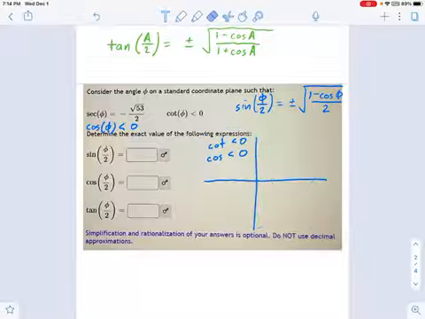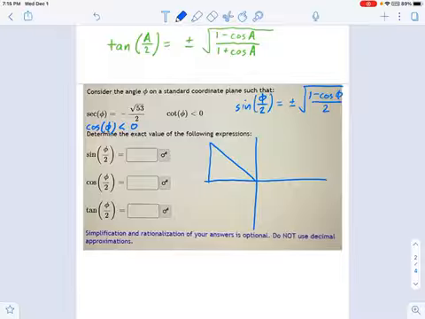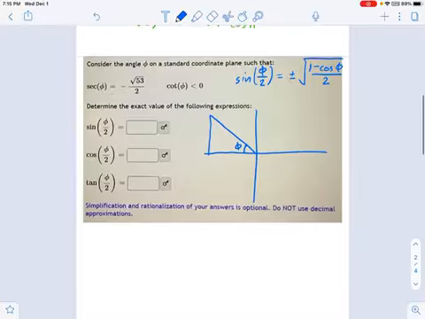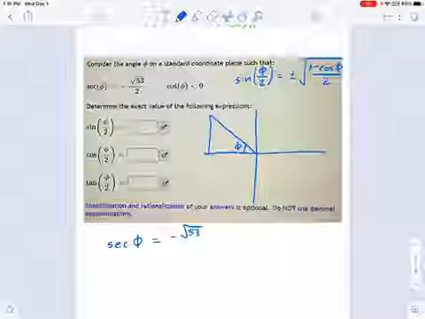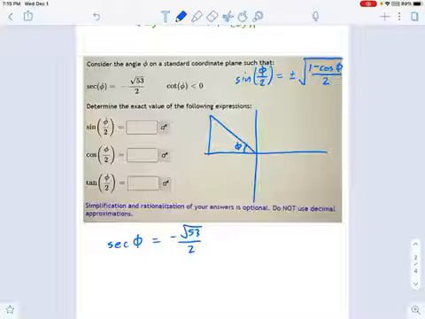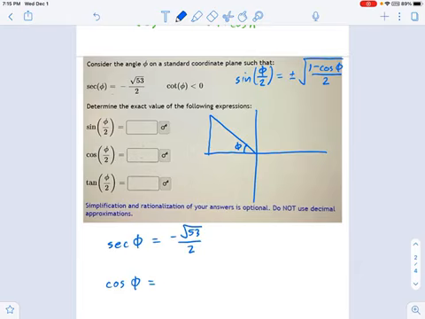Okay, so let's go ahead and I'm just going to clear this stuff out of here. We're going to draw our triangle now in quadrant 2. And remember, I don't care about the accuracy of the shape of the triangle. It's not important. What I care about is just getting a general diagram on here so I can put some values on the legs of this triangle. Now, back to secant. If secant of phi equals negative root 53 over 2, I know not everyone's memorized what secant looks like on a triangle, but you should know from the reciprocal identity that this means cosine is going to be negative 2 over square root of 53, right?